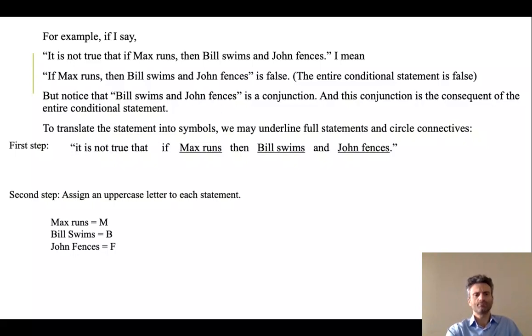But here's the story. In the exam, I will give you a statement just like this, and I'm going to ask you to symbolize the statement and make sure that you use correct, proper punctuation. Okay? So, what do you do? You take your statement, and